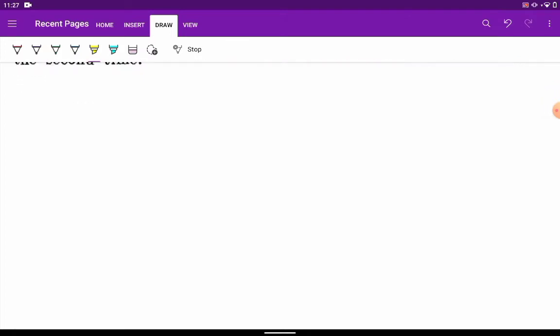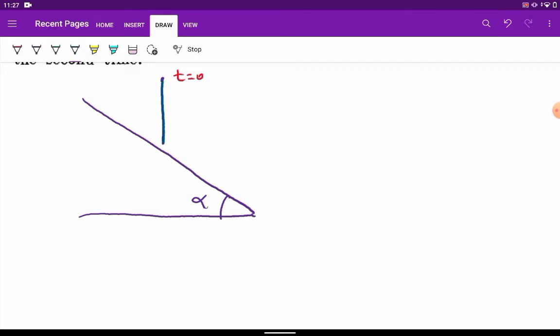Okay, so let's say this is the inclined plane. It makes an angle alpha to the horizontal. This is the ball at t equal to 0, and it basically drops down and bounces off elastically, which means that if the velocity over here,